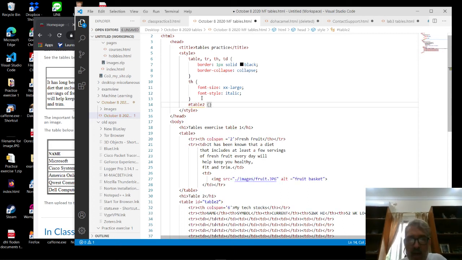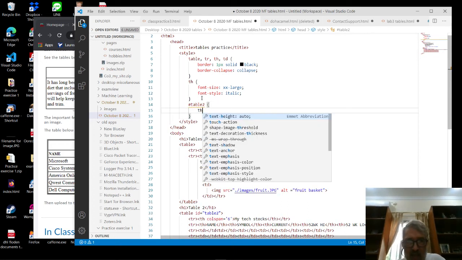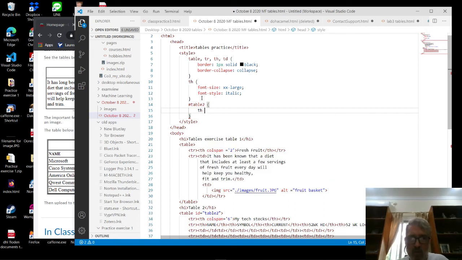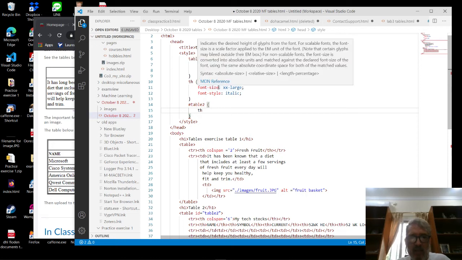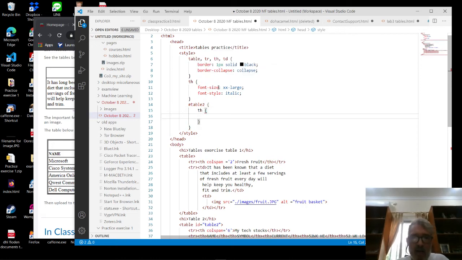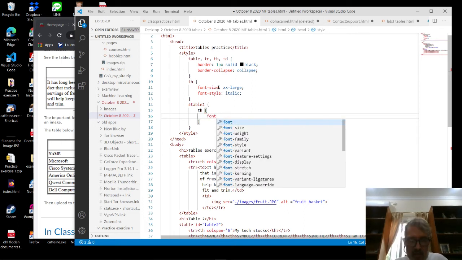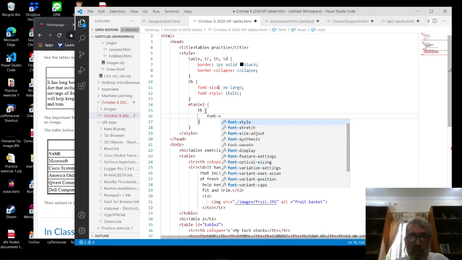I'm just going to make that heading not be so big. At the moment the table heading is extra large. I'm just going to make it not extra large. Just the font size, I'm going to make